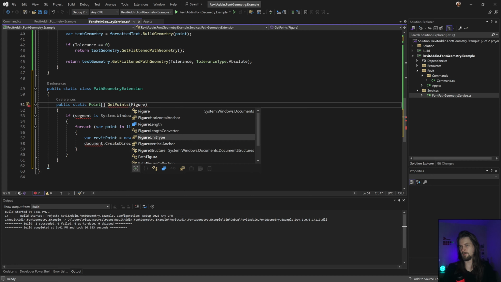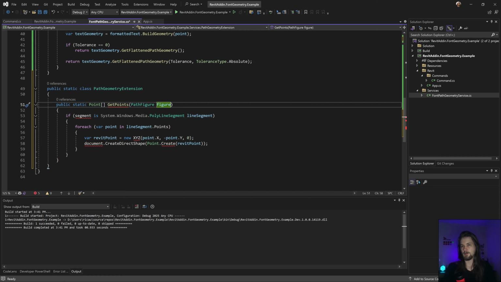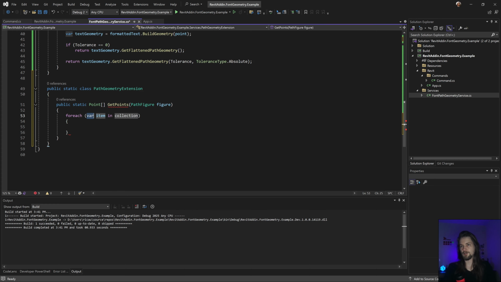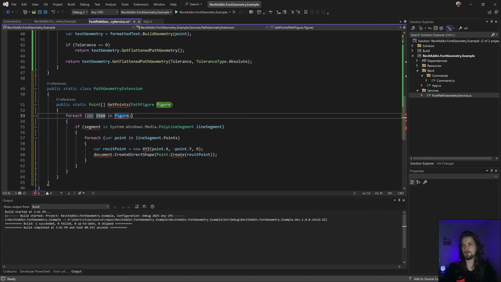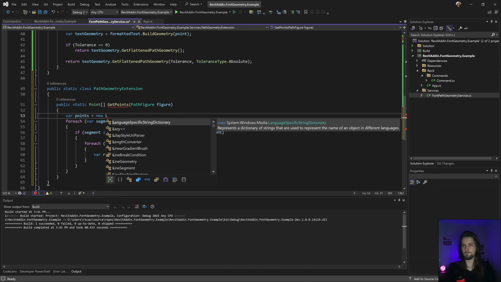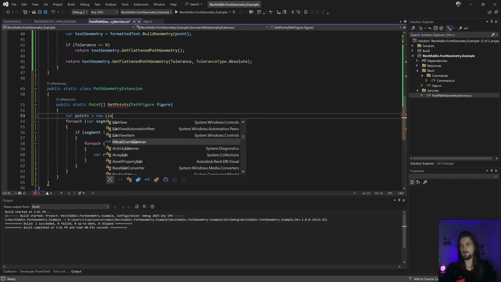What's the name actually? Path figure. Yeah, it's gray. And I need for each actually, for each this one, this dot segment. I don't need that. And let's create a list here. I'm not sure about that. New list, not that list.